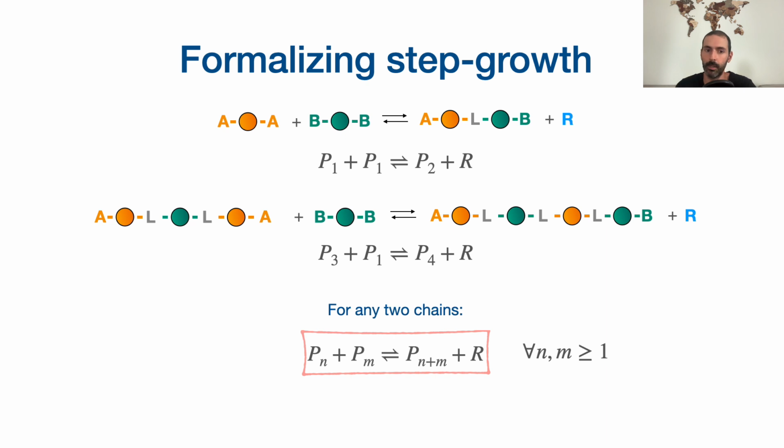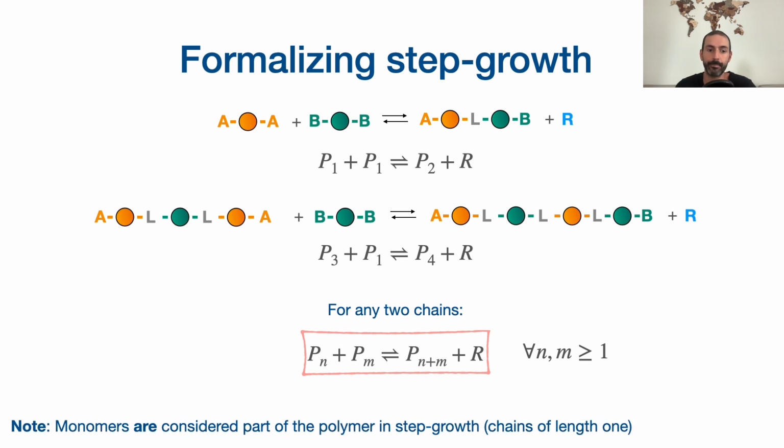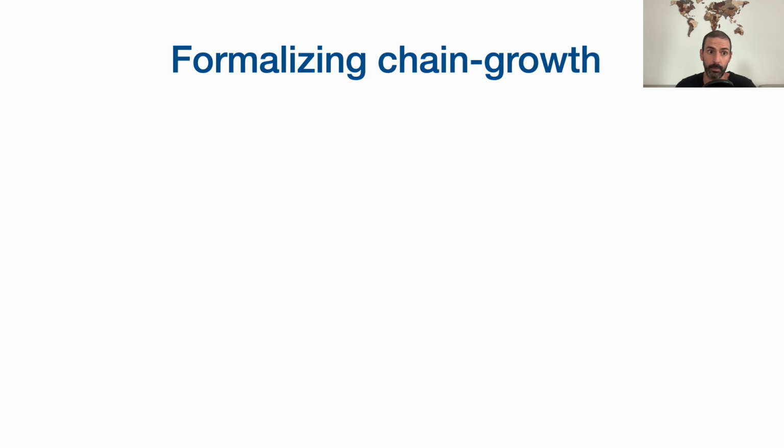And speaking of which, let's have a look at how we can formalize chain growth. Now, at the cost of repeating myself, it's an important point, I believe. In chain growth, we typically have other reactions occurring, right, that form and destroy active sites, for instance, as opposed to step growth, where already with one reaction we can describe polymer formation. This is not the case in chain growth, but we need somehow to describe the first polymer chain. We will start here with